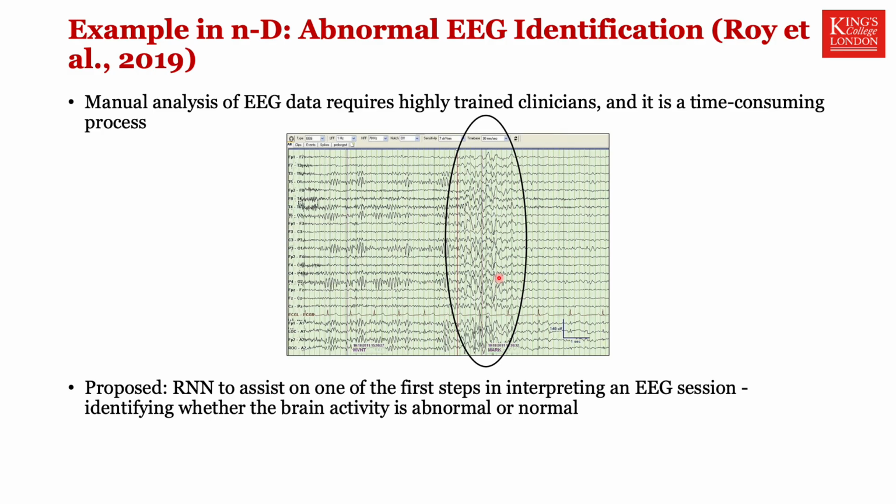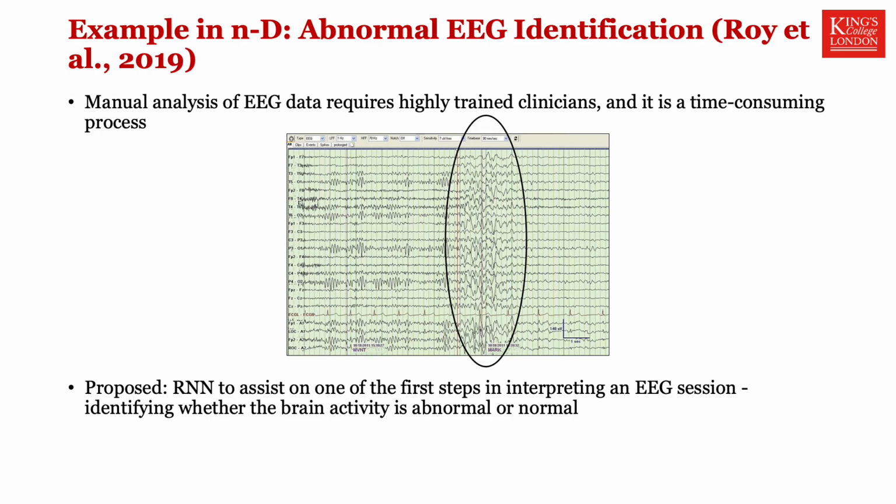while epilepsy clinicians will very, very clearly see the patterns there. The idea will be to say, can we ask an RNN to assist one of the first steps in interpreting the EEG session, which is to identify if the brain activity is normal or abnormal, right? This will be a really interesting example